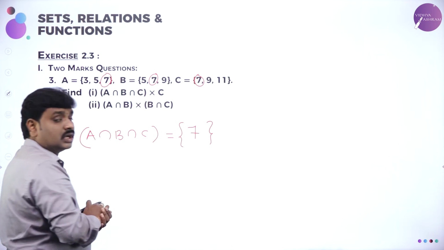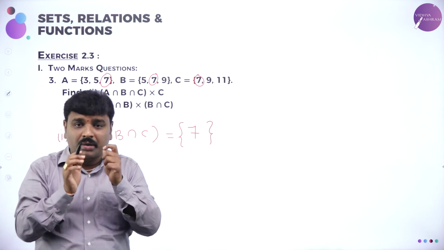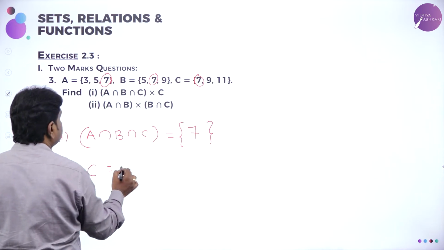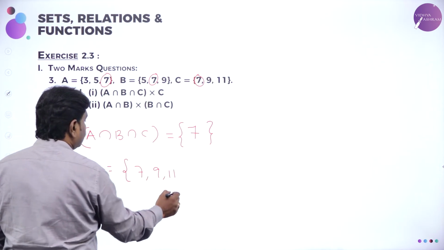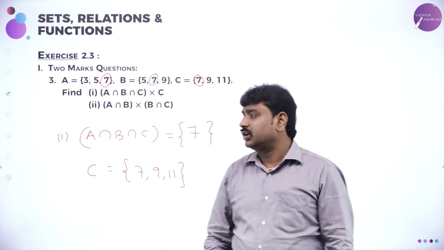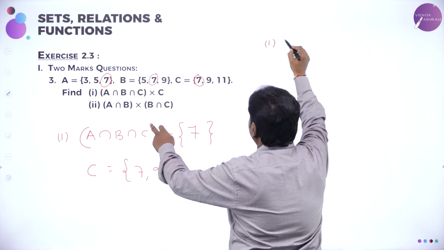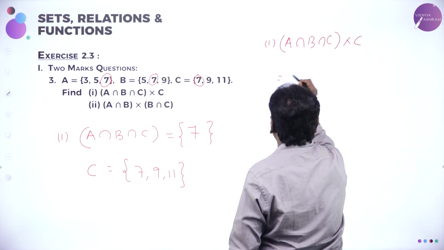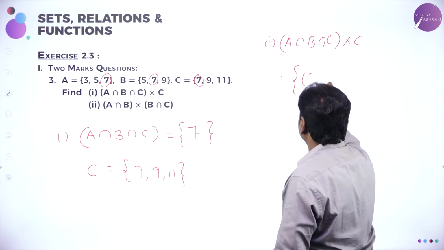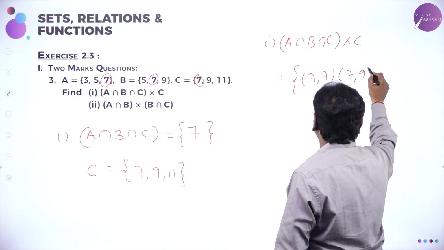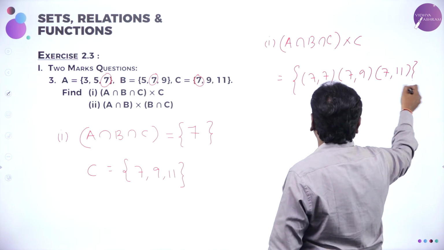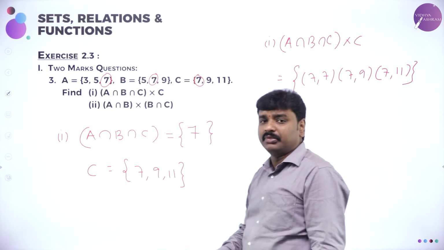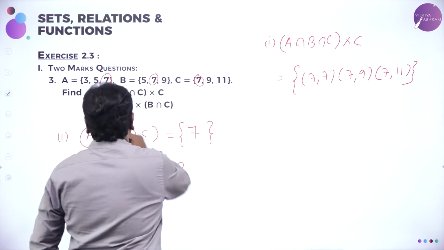I hope all of you understood. What is meant by intersection? Intersection means common element. Then they want cross C. So what is set C? Set C is given. What is that? 7, 9, 11. So can't you find this? Is it easy or not? Now we'll go to the first part. A intersection B intersection C cross C, that will give you, club them, 7 comma 7, 7 comma 9, 7 comma 11. First element should be from the first set, second element should be from the second set. 7 with 7, 7 with 9, 7 with 11, club them, write them as ordered pairs. This is the answer. So we are done with the first one.